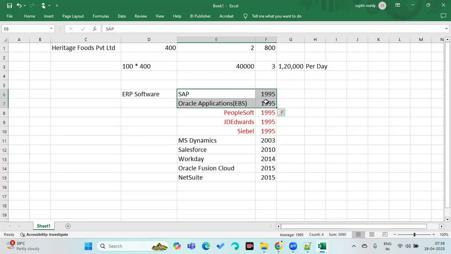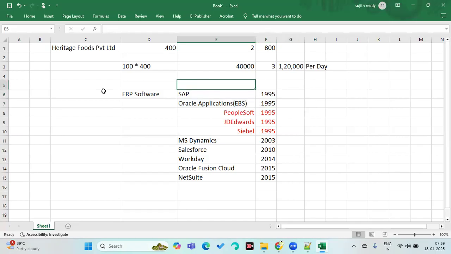Always the job openings will be there because there are thousands of customers. You have to provide support for them. You have to do enhancements or customizations, because the business logic, business processes and policies will keep on changing. When that changes, obviously you are supposed to change things, right? That's why there will always be jobs in SAP and Oracle applications.